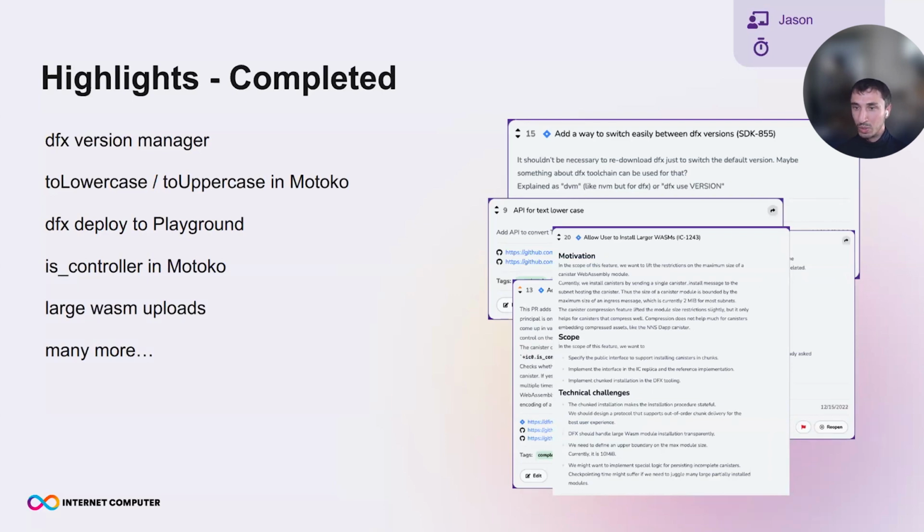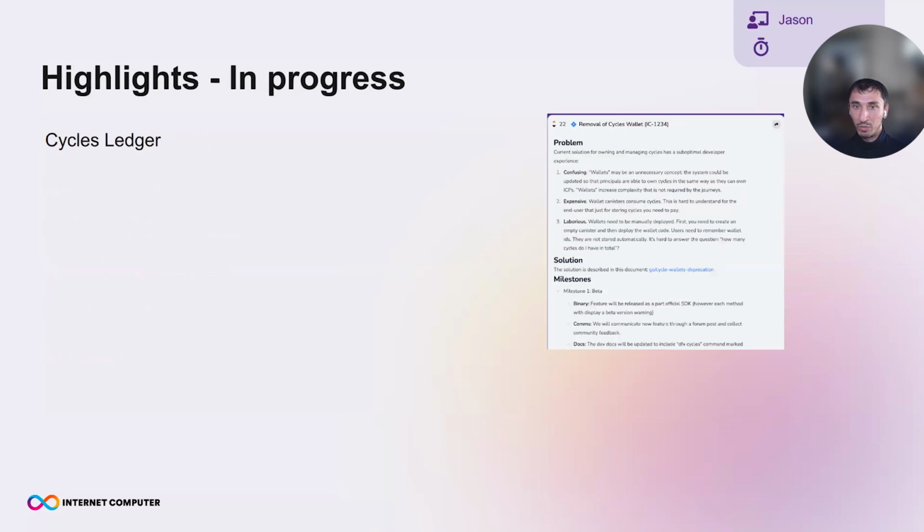You know, we've sort of looked at everything through this lens of developer experience, and in some cases, it's challenged us to rethink parts of the protocol, and in the case of Motoko, it's challenged us to rethink some of the aspects of the design of the language. So I think this has been a really great experience for us so far, and we're going to keep doing this. So if we go to the next slide, please, we'll see that we have a few issues that are